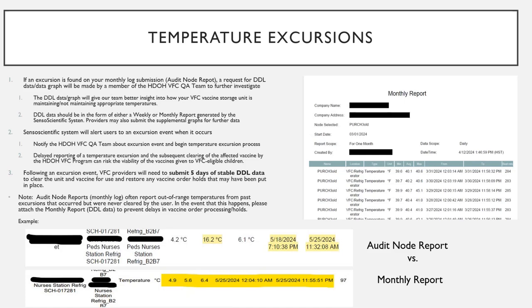The good thing about SensoScientific is that it alerts its users about any excursion of events when it actually occurs. So even if you aren't in the office, those who have access to the alert will get one, and they can alert the necessary staff who need to address it. Users who receive those kinds of alerts for excursions need to immediately notify the Hawaii Department of Health QA